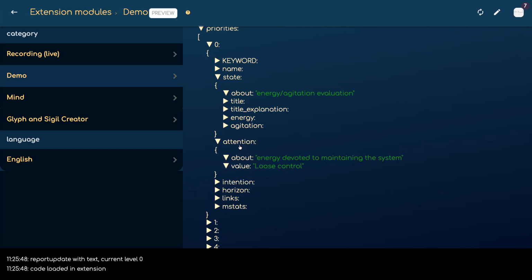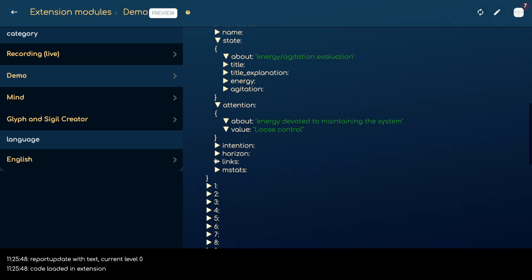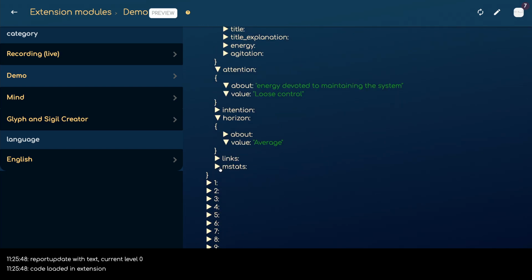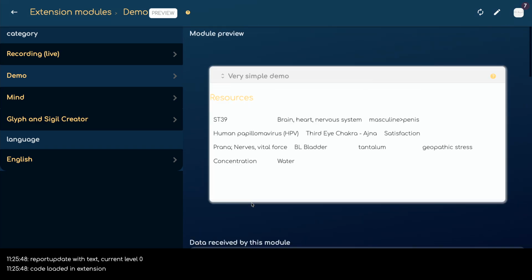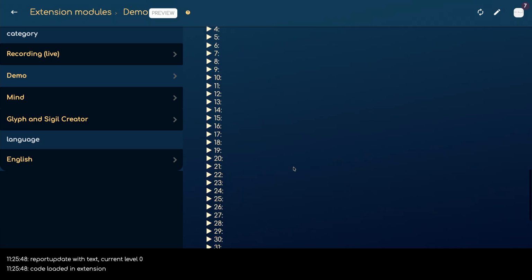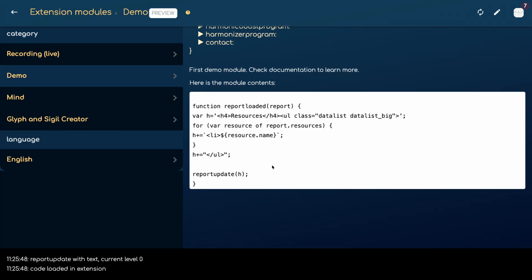For instance, the attention is loose control, the horizon is average, and all technical raw values of many things that are documented, which allows you to build something on top of it. So I've made a very simple demo where I just read what the resources are from this particular user. And the code for this demo is only this.